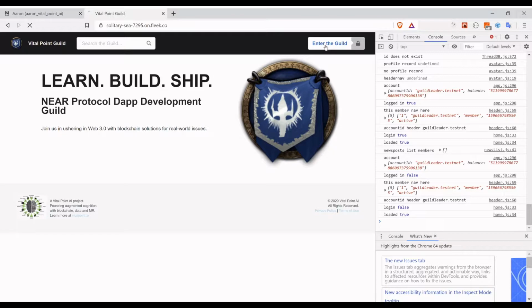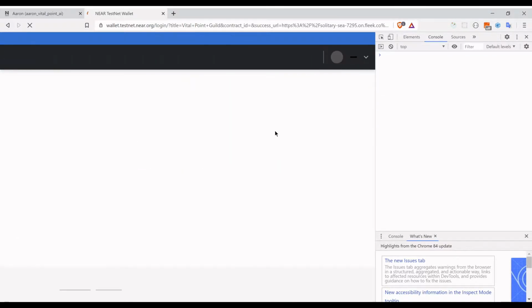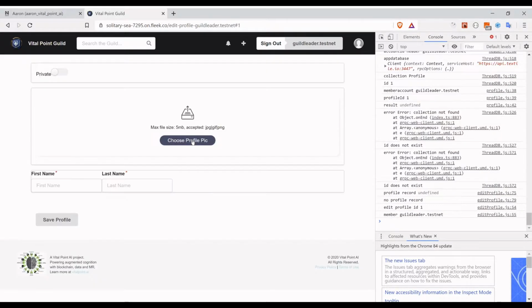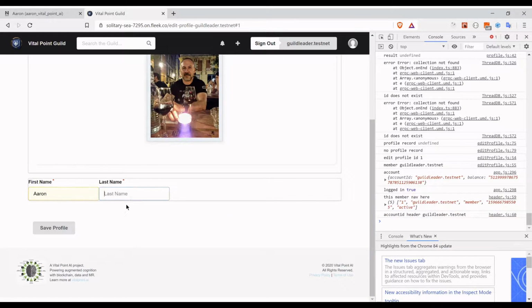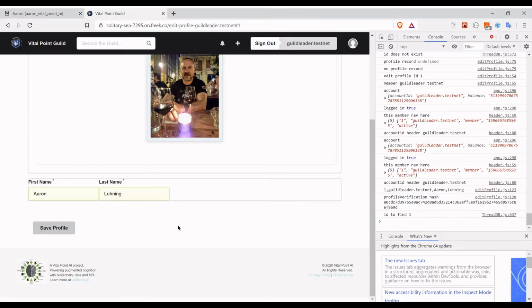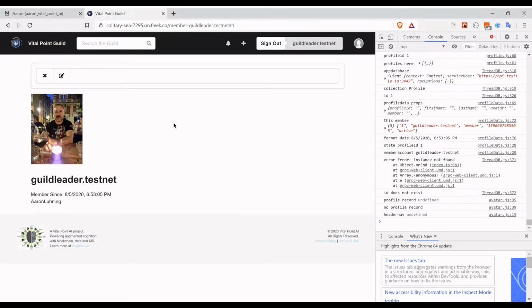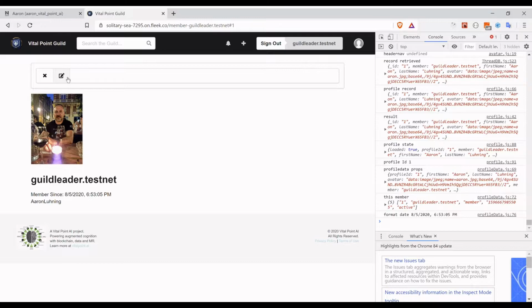Welcome to the community platform for VitalPoint Guild. We're going to log in using our Near account, authorizing VitalPoint Guild. Once logged in, we'll head over to our profile page and set some basic profile information. The profiles will be extended in future. And of course, we have the ability to delete and edit as necessary, which updates the records being stored in IPFS